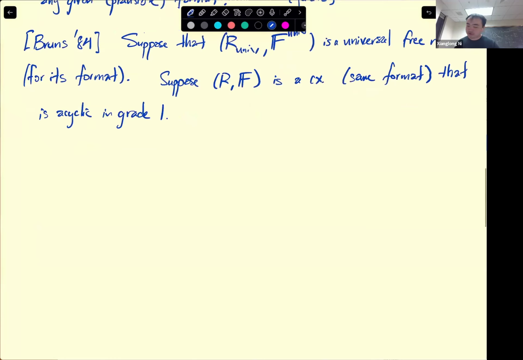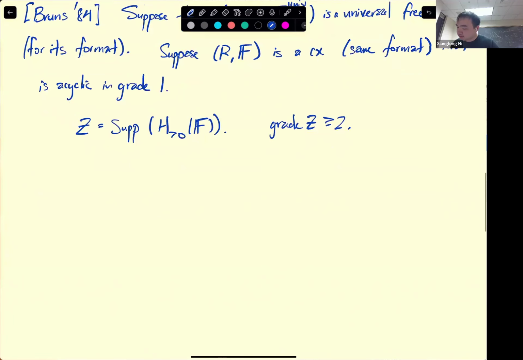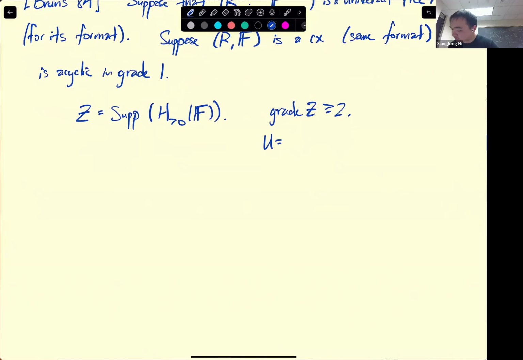And the way he argued this is as follows. So again, paraphrasing a bit, let me write Z to be, say, the support of the positive homology of F. And then the assumption that this F is acyclic in grade 1 implies that grade Z is at least 2. Now let me define U to be the complement of Z, so Spec R minus Z. So Bruns's insight was that the uniqueness of the specialization from the universal ring would imply that working affine locally on U,